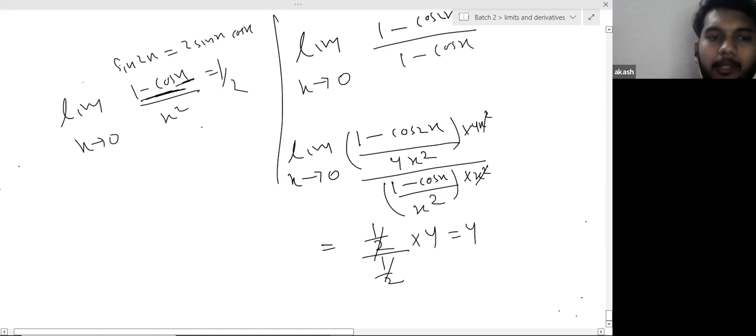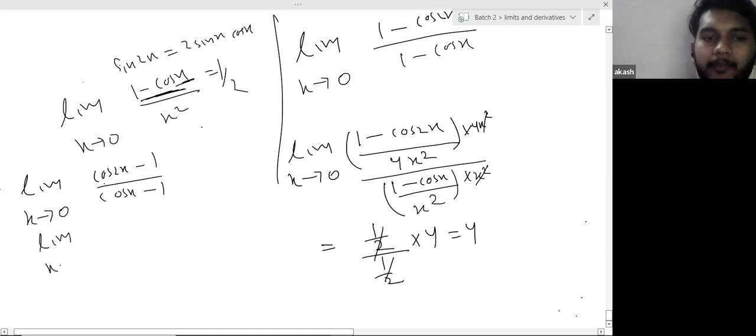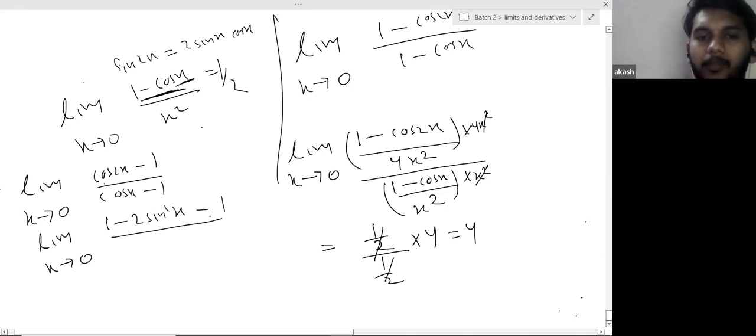Otherwise, you can use the half angle formula. Limit x tending to 0, cos 2x minus 1 upon cos x minus 1. Now cos 2x I can write 1 minus 2 sine square x, and this minus 1 is already there. Cos x I can write 1 minus 2 sine square x by 2. This minus 1 is already there. So this 1 and 1 is cancelled. Negative negative is cancelled. So ultimately what we have is